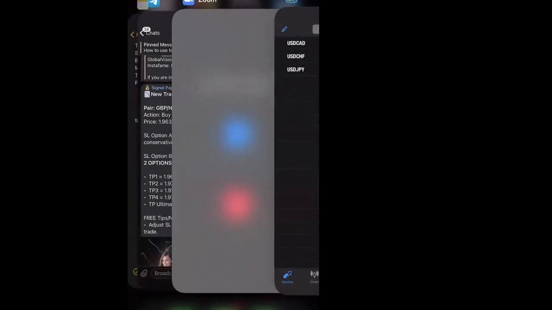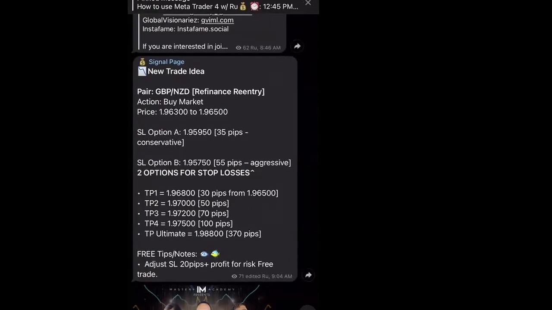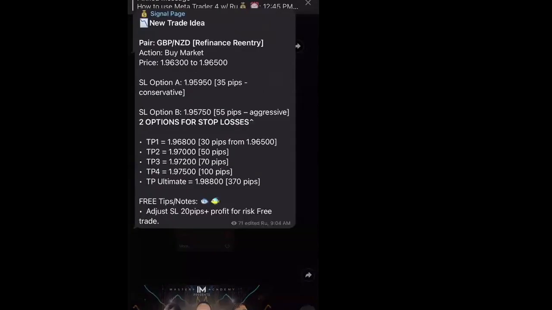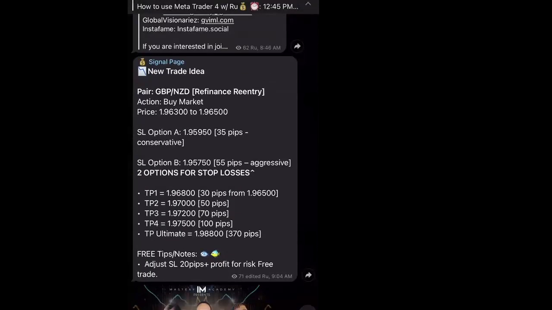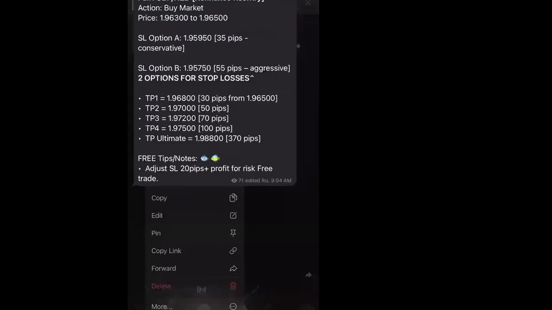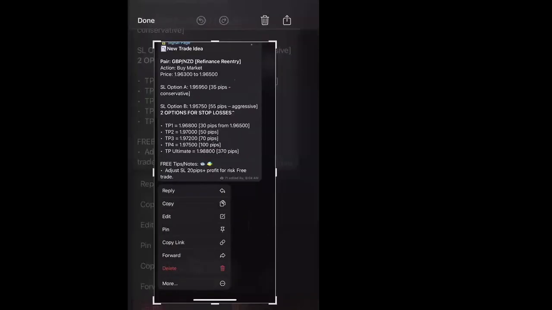All right. Let's say the signal page just sent out a trade, right? Let's say they sent us a trade right here. New trade idea. It says GBP NZD, right? GBP NZD is the pair, and the action under it says buy by market, right? And at the bottom it says SL, and it says TPs, right? So just so you guys can see this better,